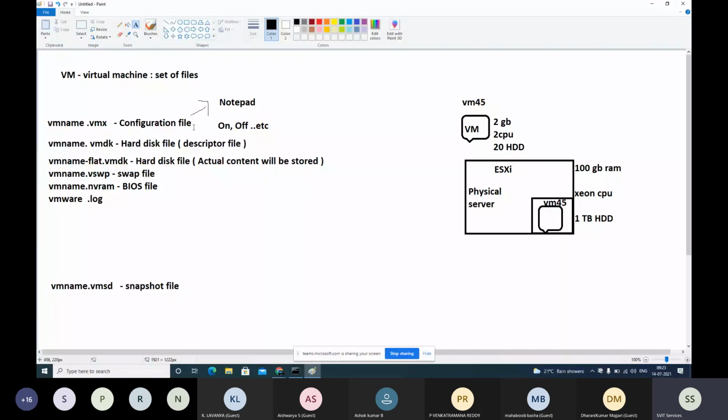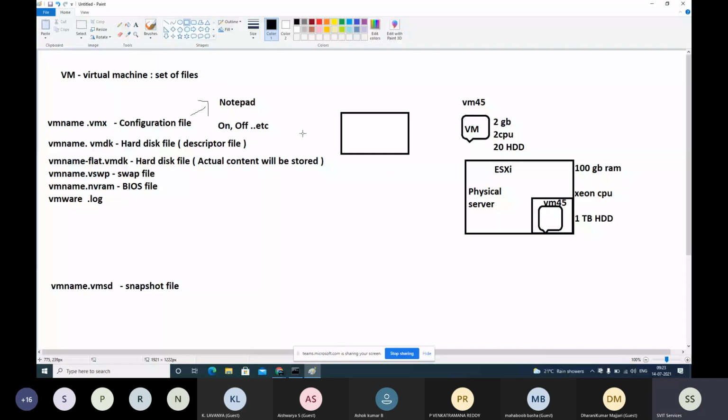Even if we have data. Okay, it's a .vmdk. It's a hard disk file. Flat.vmdk is also a hard disk file. Then why do we have a virtual machine with one hard disk, but two hard disk files in the backend? Why is it so? You have only one hard disk. If you see your pen drive or CD, external hard disk, internal hard disk, any memory capable device, memory chip, whatever it is.